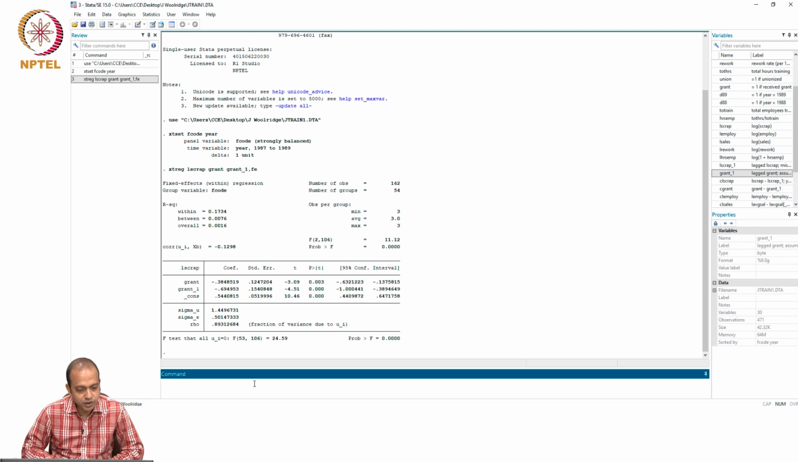So, this is our fixed effect model we have estimated, and from this you can observe the within R square, which is most relevant for the fixed effect model, because it explains what percentage of the time variation in Y we can explain by the time variation in X. That is mostly 17.34%. Now, the same model if we estimate by LSDV,